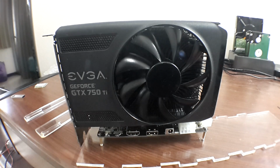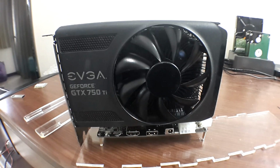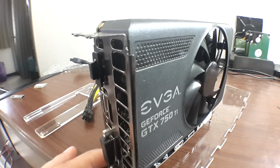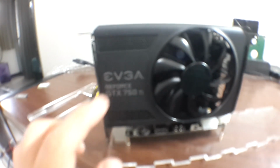I think this video card is actually pretty good looking. I like the matte finish they have on this shell, or casing, if you want to call it that. And it's the first eVGA that I ever bought. I always wanted an eVGA. They have really good customer service and warranties and all that stuff, and their cards are solid. It actually puts out a punch. It's a 750 Ti. It's a bit old and...